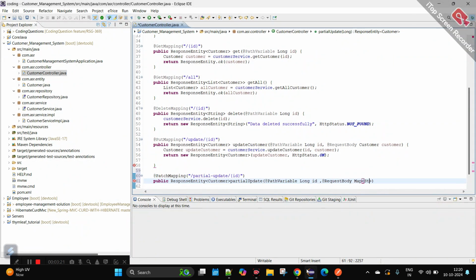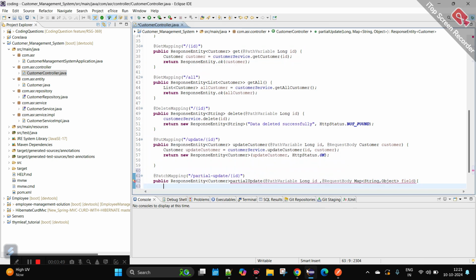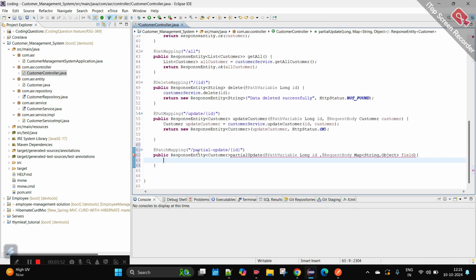But the value could change, so for the value we take Object, because we don't know what the value is. It could be a long, it could be a string, it could be anything. That's why we take Object, since Object is the parent of all. So here we take the fields. Import the Map package. Here, with the help of the customer service,